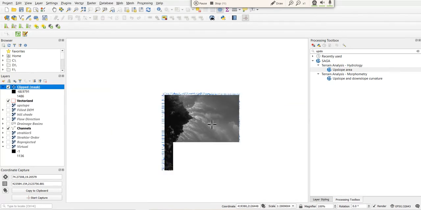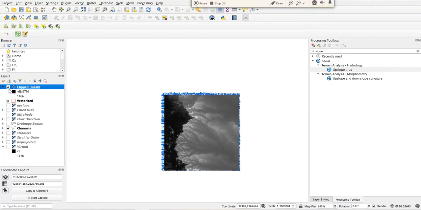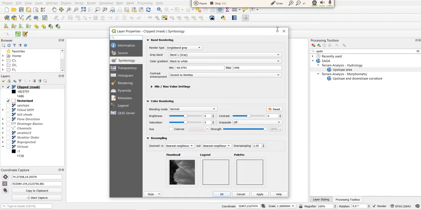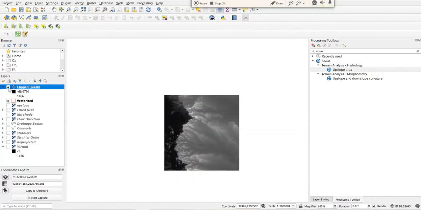Close. So the clip mask is right, and there is something wrong.